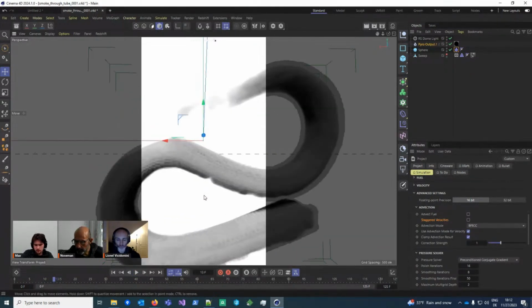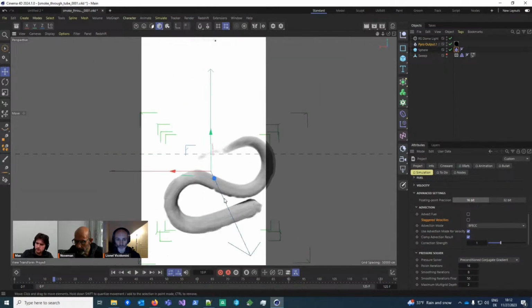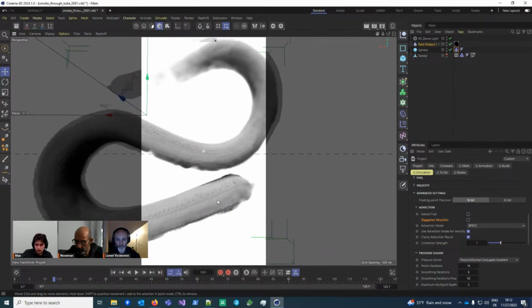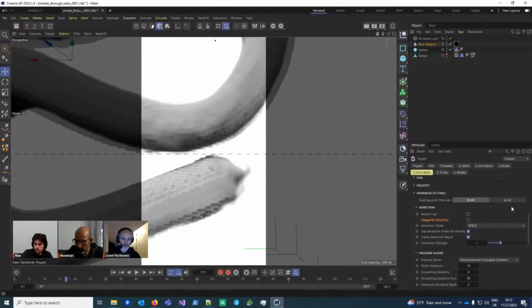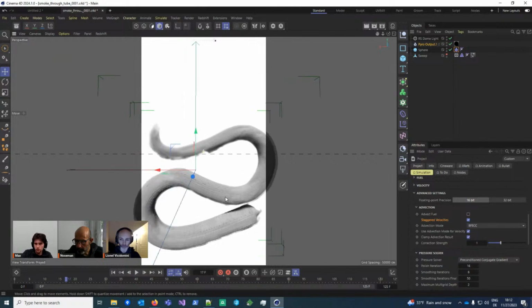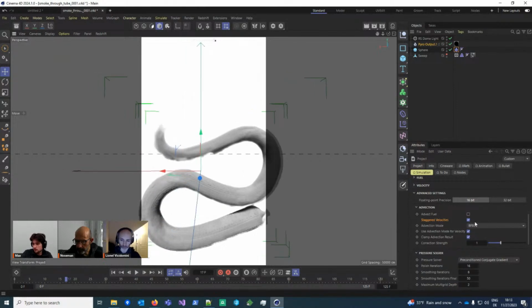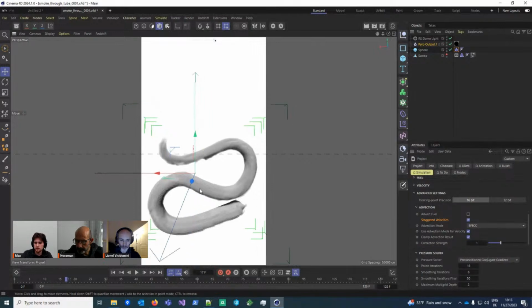Okay, it looks actually pretty similar. I had some cases before where I think I had turbulence and vorticity, and then it actually started bleeding through the collider, which of course is not a desirable effect. But usually this is the way to go, especially when you have moving colliders. I guess for static ones, taking it off also works, but I would usually recommend the setting if you have any two-way or one-way moving interaction.